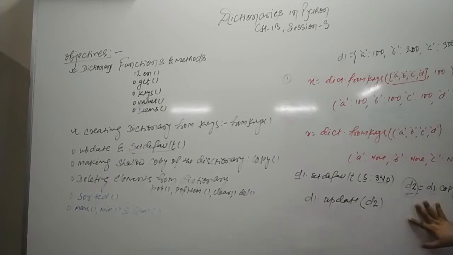Here you are not getting a new independent dictionary d2. Mind it in the memory. Here the d1 and d2 dictionaries are referring to the same elements, or maybe both have the same elements, and these two names are referring to the same copy of the element. That is what a shallow copy means.